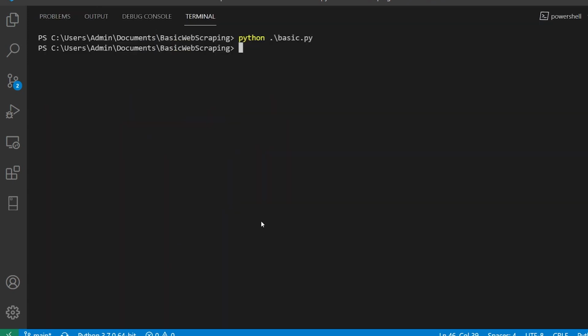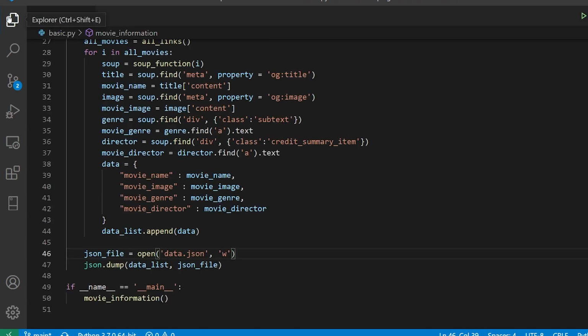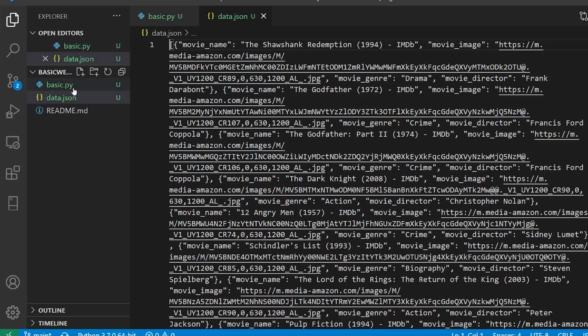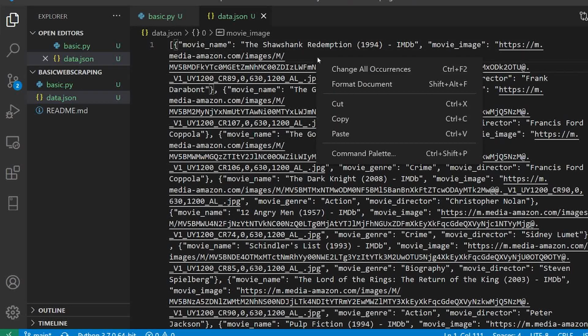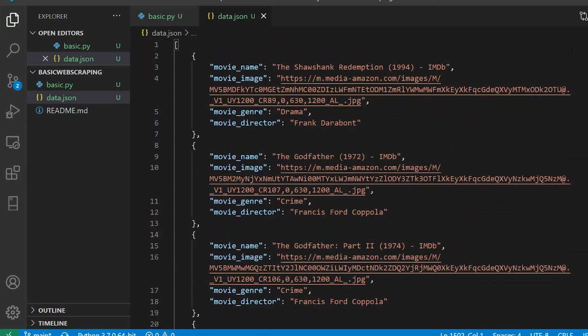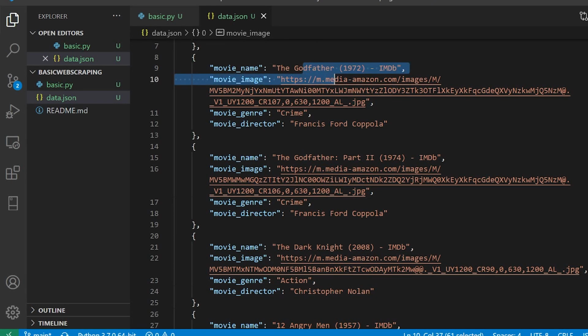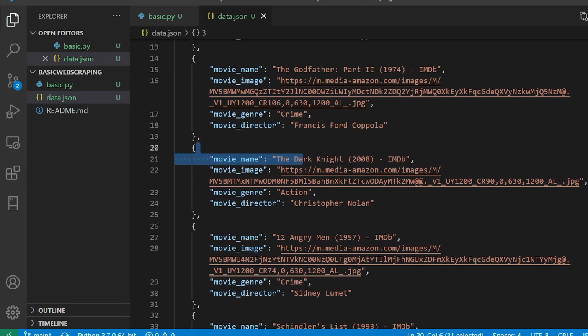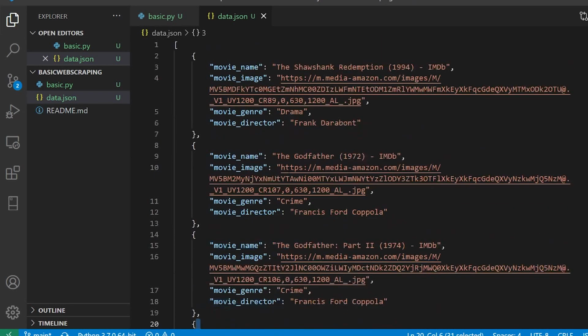All right, so finally, after waiting for a long period of time, we have it. Okay, so I have fast forwarded the video so that I don't have to waste your time. And now when I click over here and I check data.json, I have all of my data. All right, and I can also format it in a good manner. And now if I scroll up, it has all the 250 movies. So the first one is The Shawshank Redemption, as usual, then The Godfather, Godfather Part 2, The Dark Knight, 12 Angry Men, in the similar order.